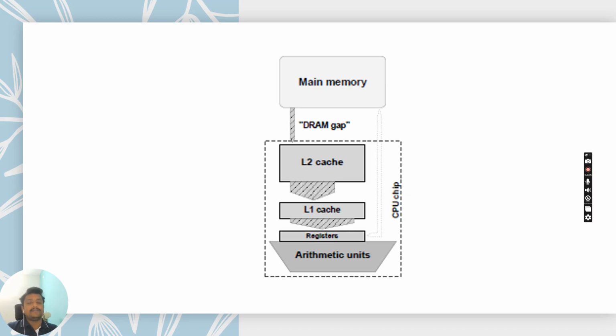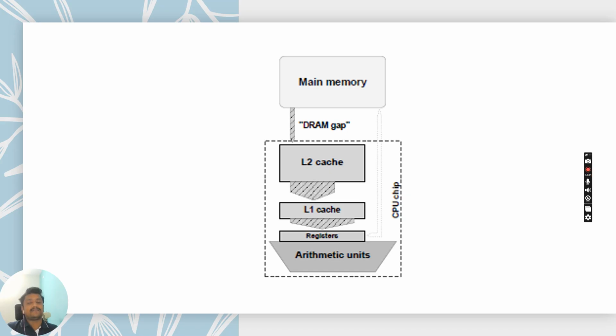Between the main memory and the arithmetic unit, we have a transferring of data, but during the transferring of data, we have a register which is directly attached with the ALU, and L1 cache which is some way far away from the ALU, and L2 which is so far away from the arithmetic unit, but there will be a